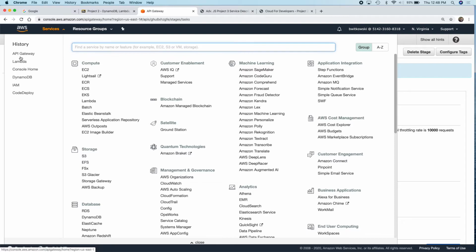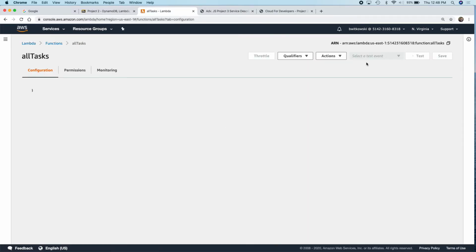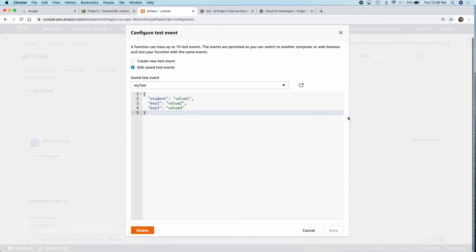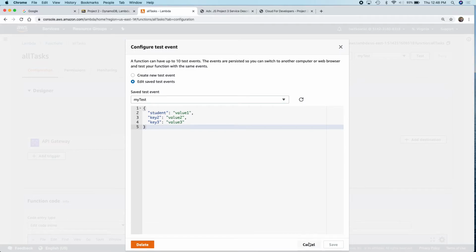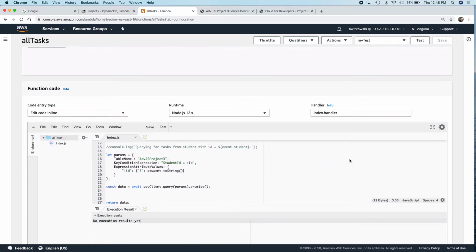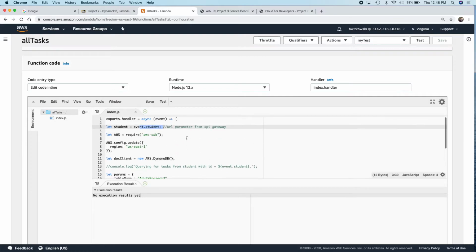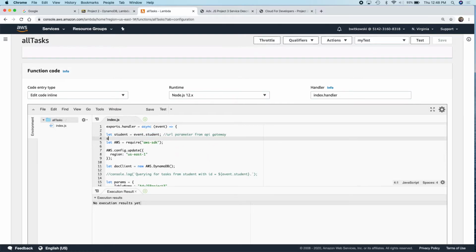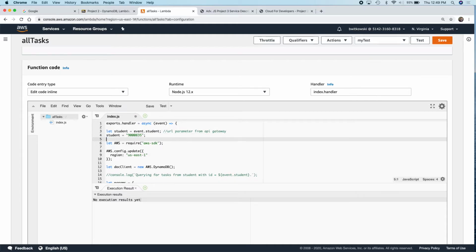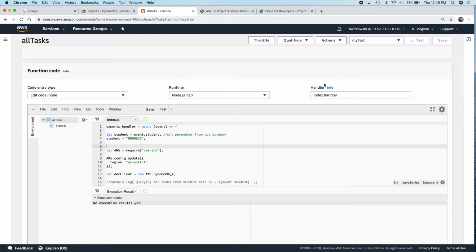I think I can show you from Lambda. I'm just hard coding my student ID, my employee ID. Okay, so when I run this,